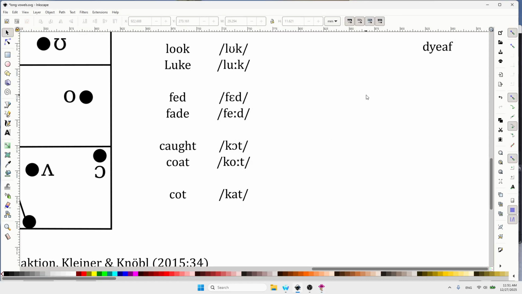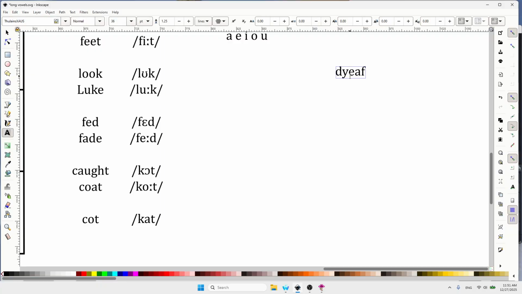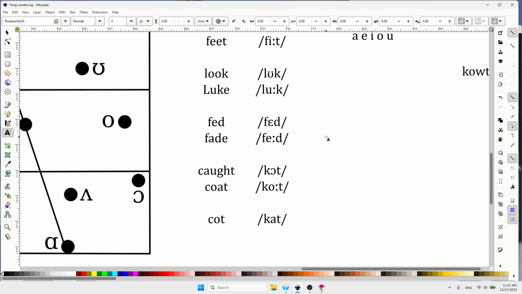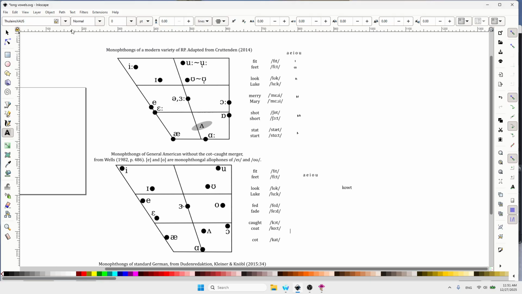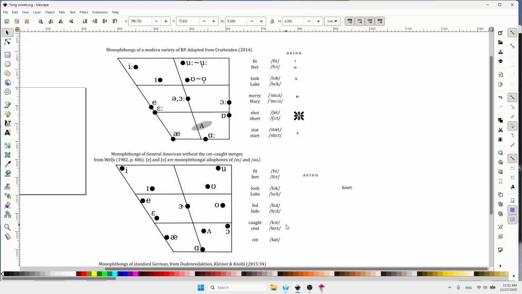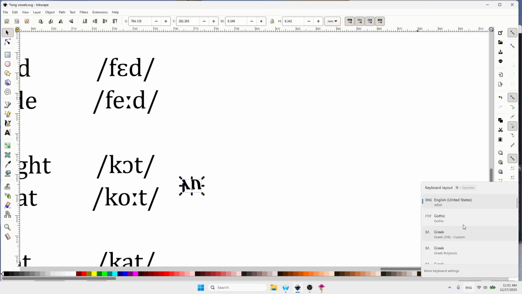I think I am saying it like this, coat, as opposed to, because it sounded like I'm pretty sure I heard a wa there. Oh, but more likely out that would be in Gothic if we're talking about this